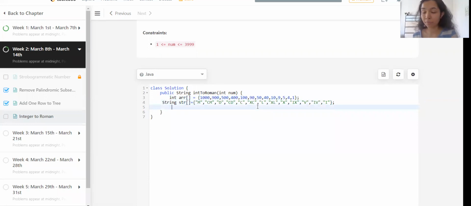So now we'll be making a StringBuilder, because we don't know what string we need to return, what the length of the string is. So hence we'll make a StringBuilder called sb.